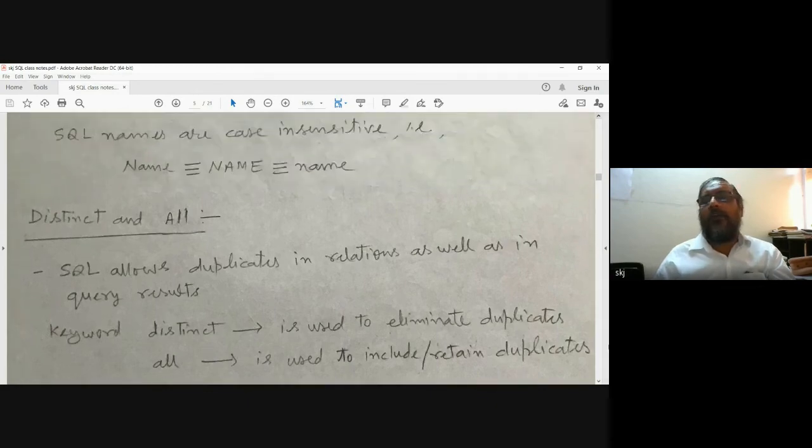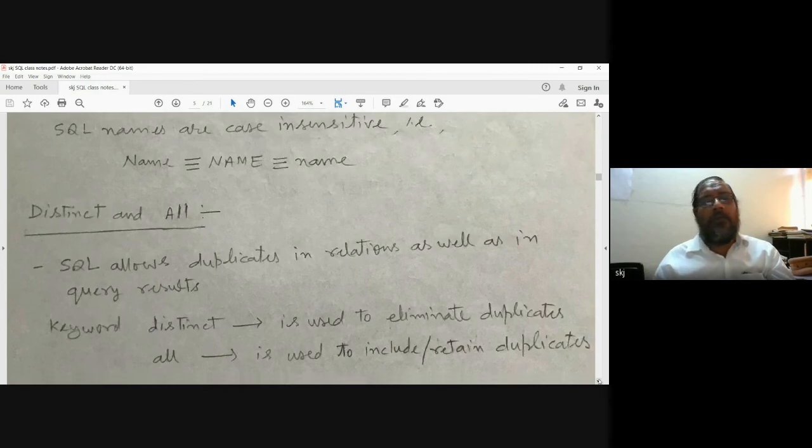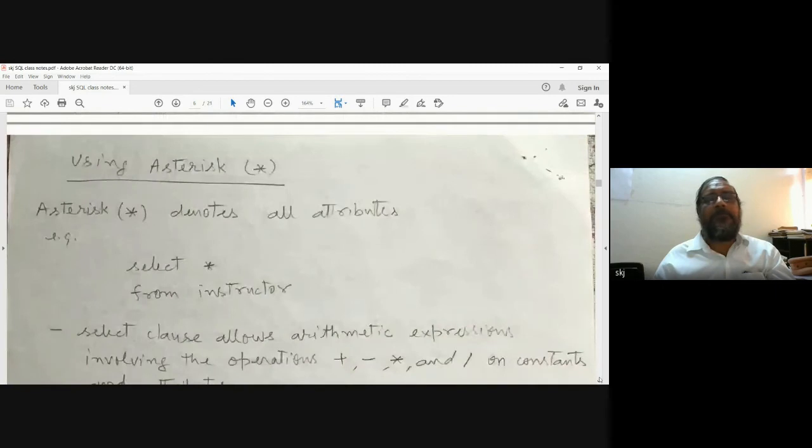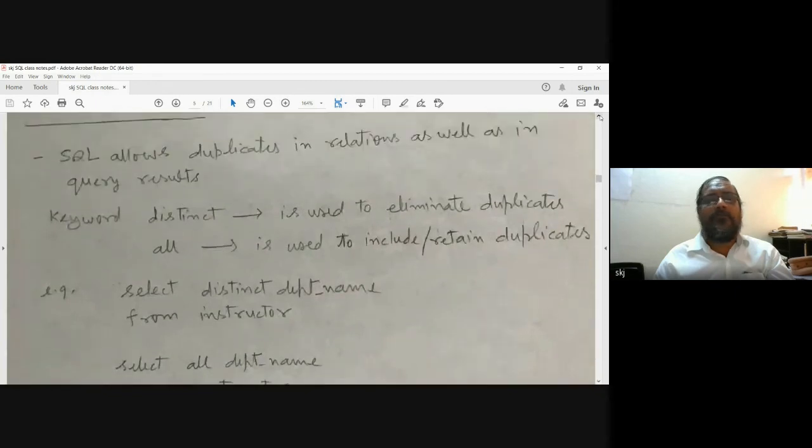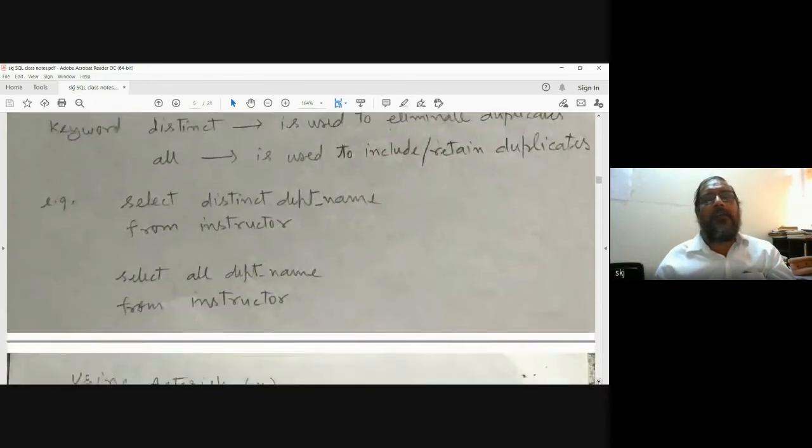Distinct and all. When we do not define anything, the default is all. One example is written here: select distinct department name from structure. So from the structure table, we have a list of department names, and there will be unique department values.